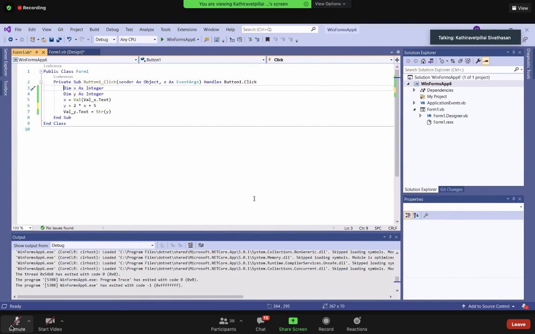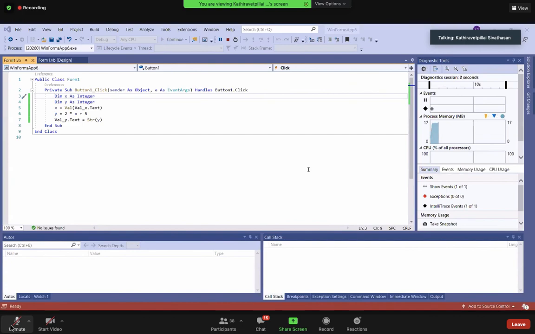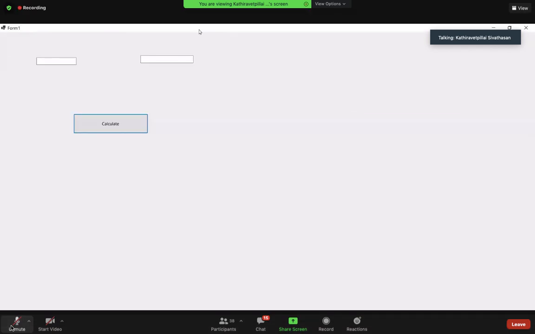But let's see how good our program is. I'm going to rerun this program to see how good it is. Let me run this program and share the output window with you guys. We were doing all those kinds of things. It worked. I put 1 and then pressed the calculate button. It gave 7. So everything worked. Let's see if we put 1.5